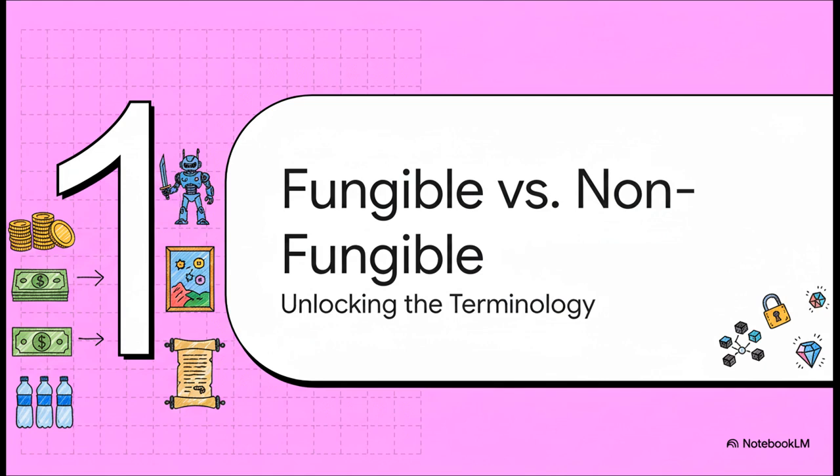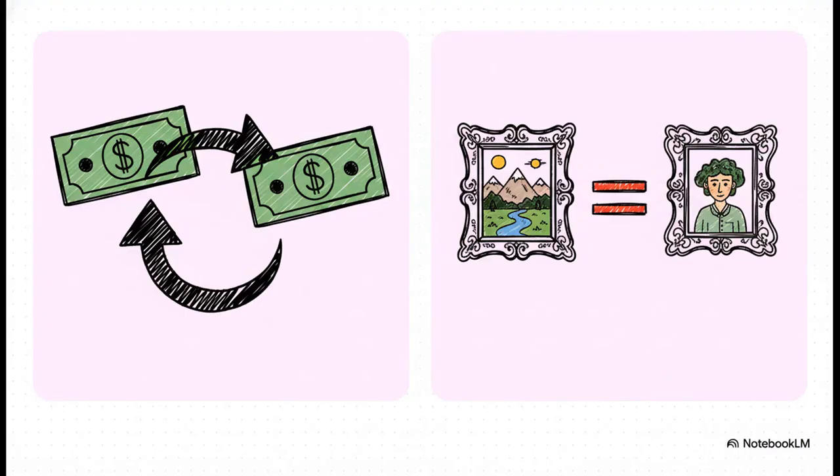Well, the answer is actually hidden right there in the name, non-fungible token. To really understand what that means, we first have to break down the difference between something that's fungible and something that's non-fungible. You know, this sounds complicated, but it's actually super simple. Fungible just means something is interchangeable. Think about it like this. My dollar bill is worth exactly the same as your dollar bill. 1 Bitcoin is the same as any other Bitcoin. We could trade them, and neither of us would lose any value.